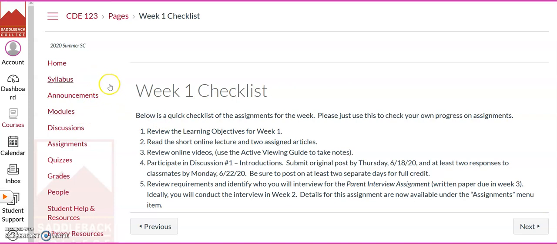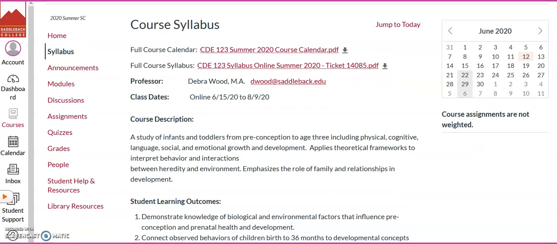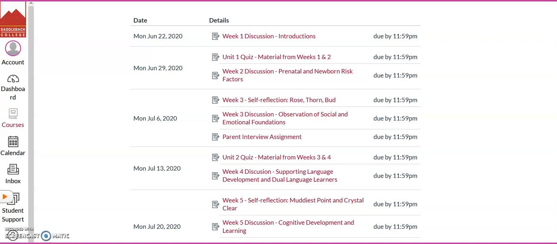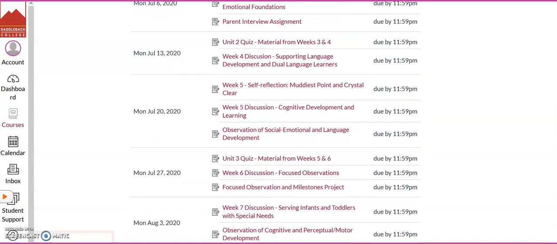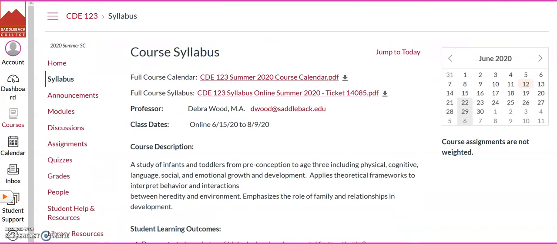We talked about the announcements in the modules. I just want to point out the syllabus and the calendar were emailed to you, but again, they're always here. And then this is kind of a nice, brief course summary that Canvas creates for us that has a listing of all of the different assignments and when they're due. So that's kind of just a shorthand calendar for our course. You will have a quiz every other week, and they're non-cumulative, so your first quiz is over the materials of weeks 1 and 2,